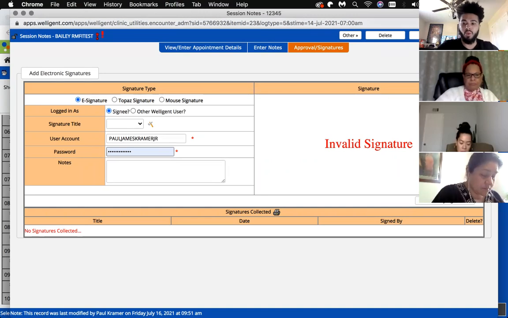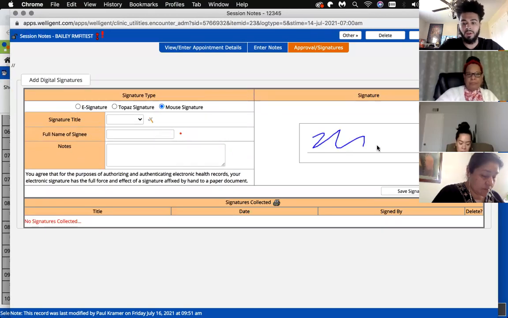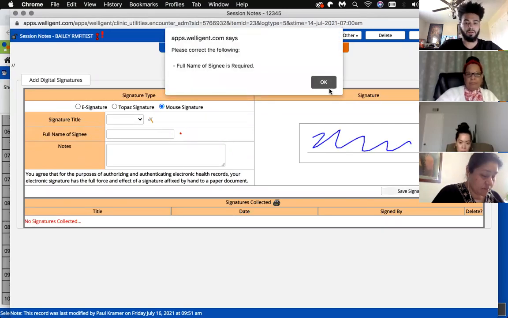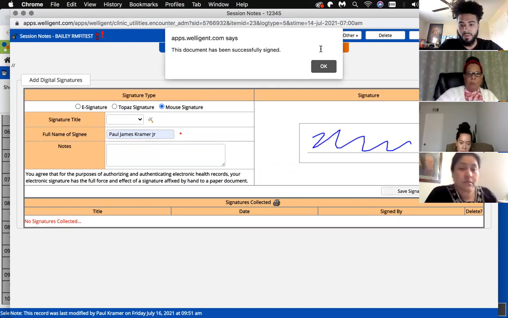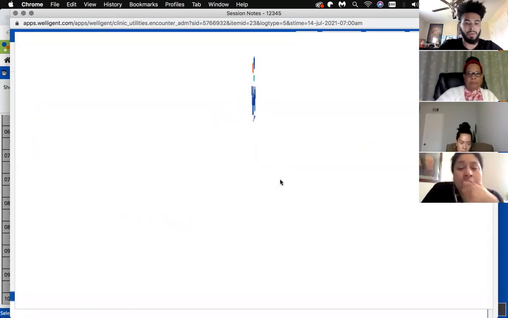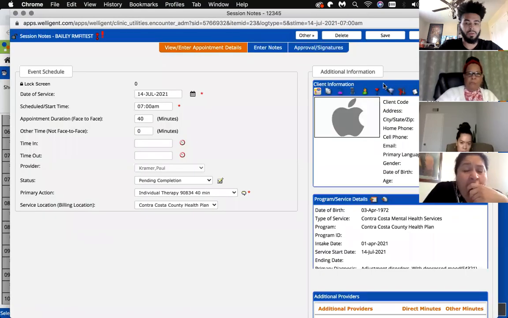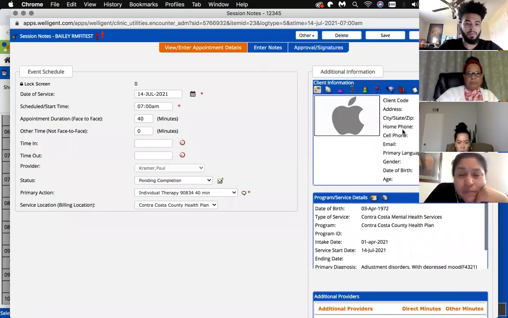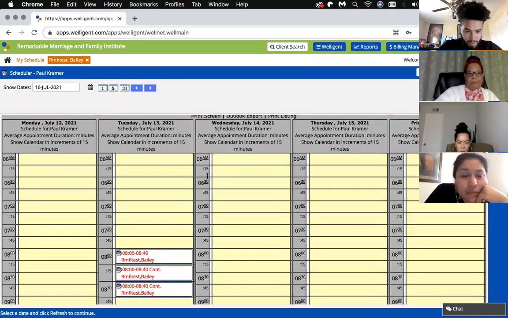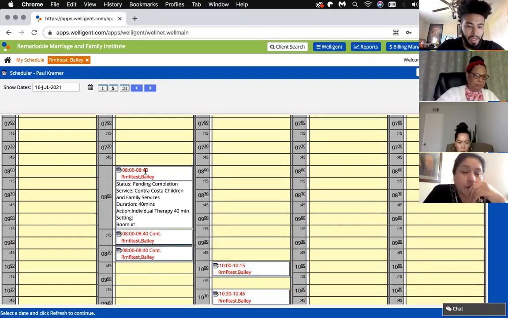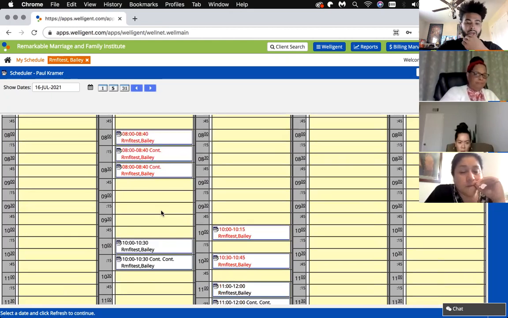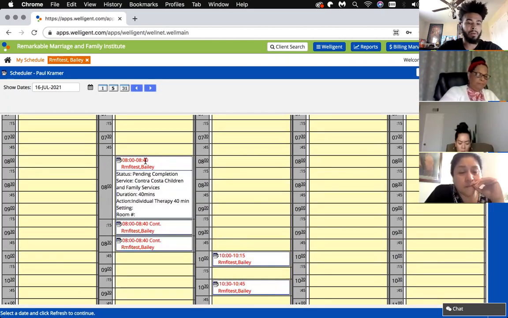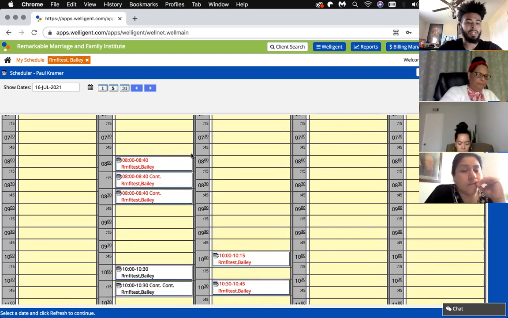And once that's signed, let's go ahead and sign it this way just for note's sake. And so once your document's been signed, it'll save for you. And then you can close that out. And so this is the appointment that we just made from this morning. Whenever we have an appointment on our schedule and it's showing up as red, there's something that we didn't do